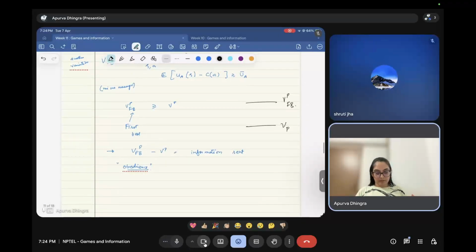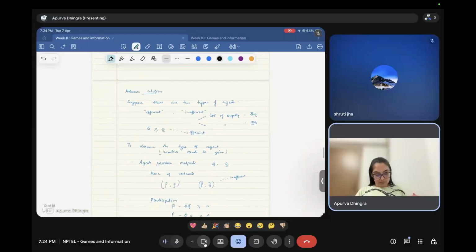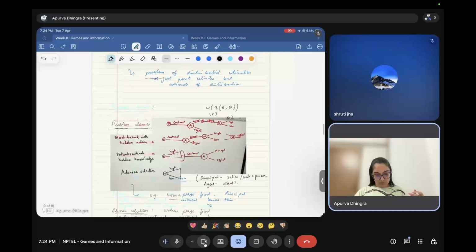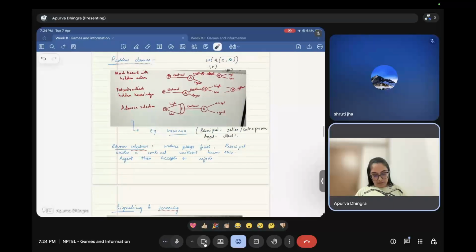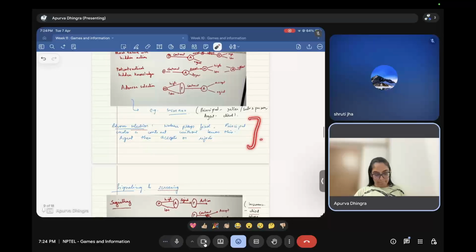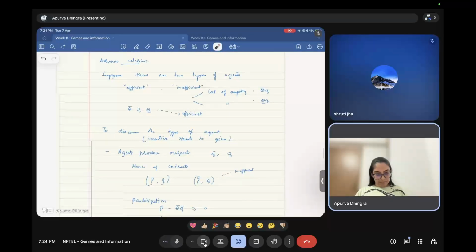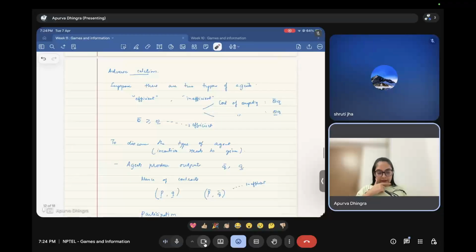Right. Okay. So we have talked about that. Now let's talk about adverse selection in a little bit more detail. So in adverse selection, what is happening is